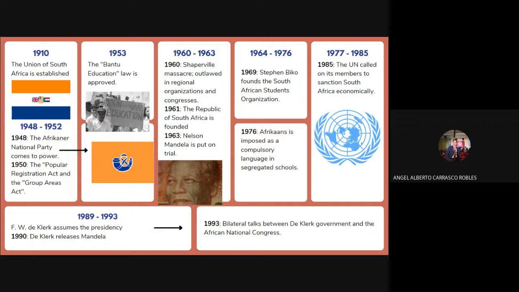Now, it is important to consider that various policies and actions taken by the government of the Union generated discontent among the black population, which led to social mobilization that in 1960 reached a point of no return with the Sharpeville massacre, where the army opened fire on a peaceful protest. Also, an event to highlight in the apartheid process was the independence of South Africa in 1961, which in theory would open a new panorama for the country. However, the regime of racial segregation continued for a few more decades.